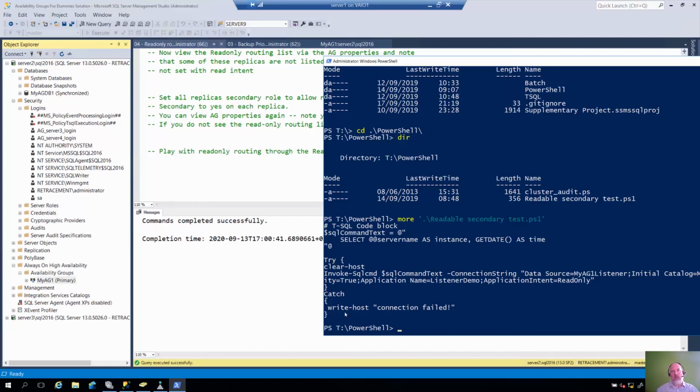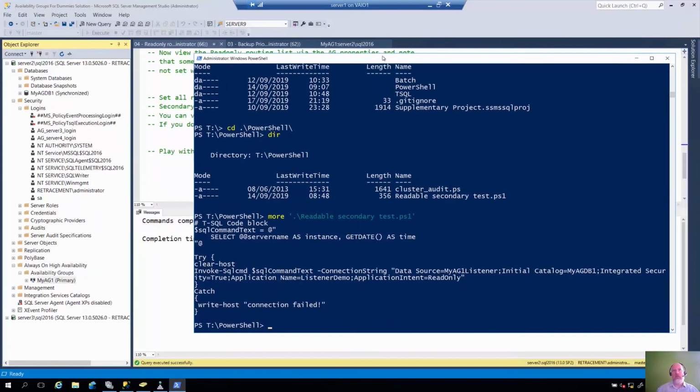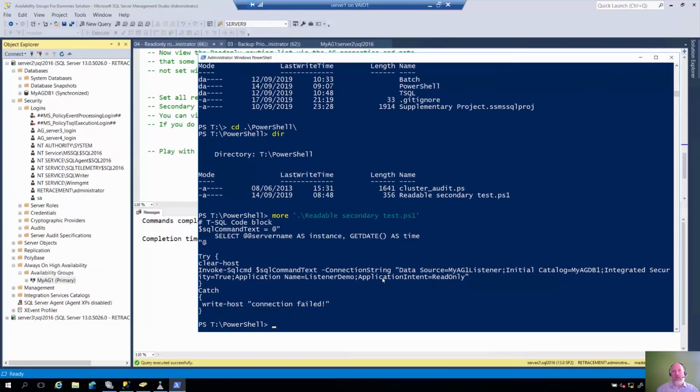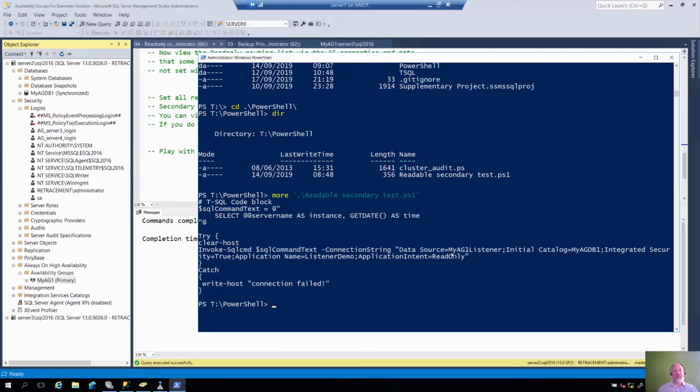We've got a catch, to say if a connection's failed or not, and we've configured, if I just drag this here a little bit, we've configured the listener in the connection string, and what database we're connecting to, and specified, if you remember, we have to specify application intent read only. Okay, so that's pretty good. So let's just run this now,